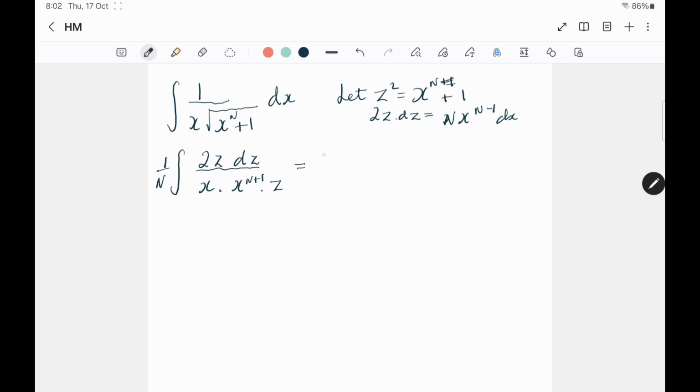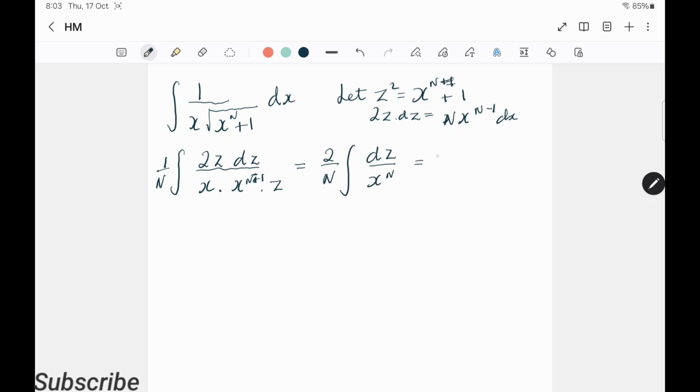And that will then be 2 over n. The z's cancel out. That leaves us with dz over, which should be x to the n minus 1. And that gives us x to the n,